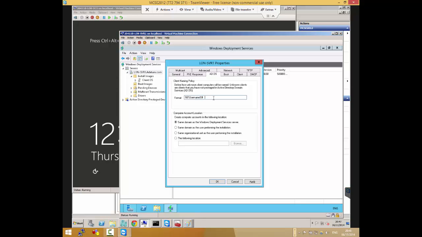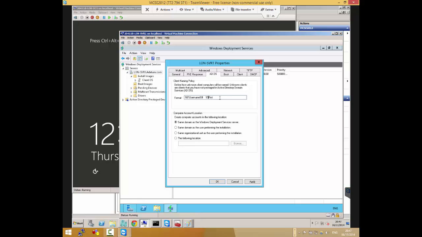Think about it this way. They are really standard. If I go percent first, that means use the user's first name as the name of the computer. If I go percent 5 first, it means use the first 5 characters of the user's first name. You get it?